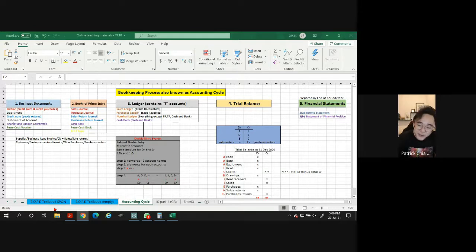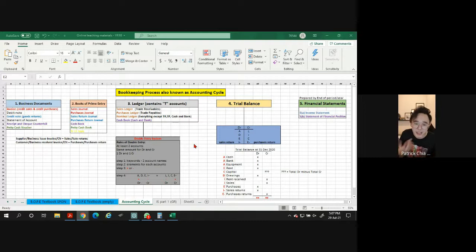Just to let you all know, technically, with software, the job of bookkeepers, or even accountants, sometimes is that we just need to do process one and process two. That means you will see all the documents, they are hard copy. From there, you need to know what to do with this document, which part to record using the software. Then the rest are all automated. The T accounts, the trial balance, even the report, the last part, they're all fully automated already.